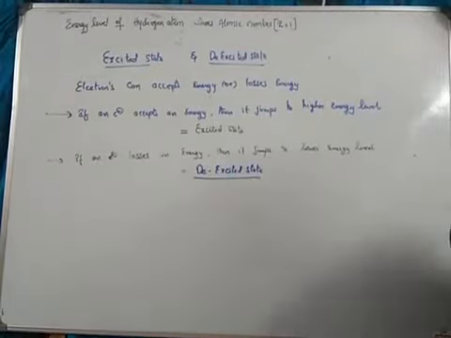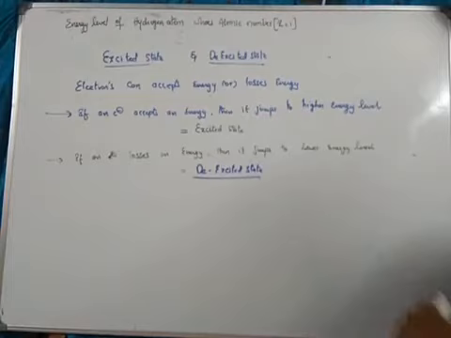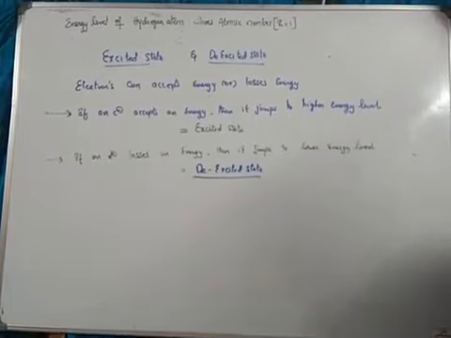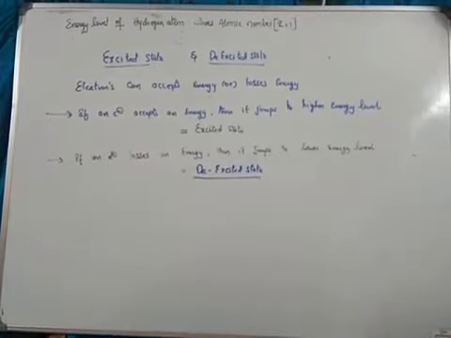And here we have the definitions. So there is a jumping concept. Whenever we are giving some energy, it will jump to the higher level. That we call an excited state. And whenever we are losing some energy, it jumps to the lower level. That we call a de-excited state. And we will discuss this clearly with some examples.